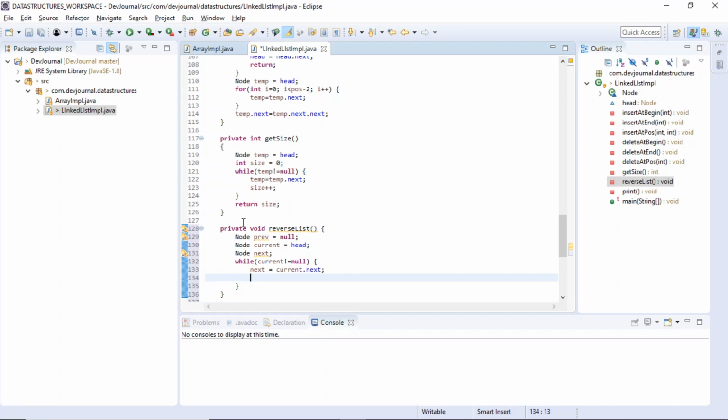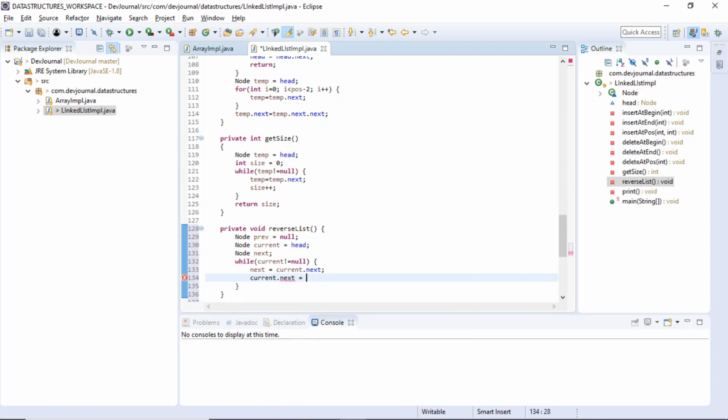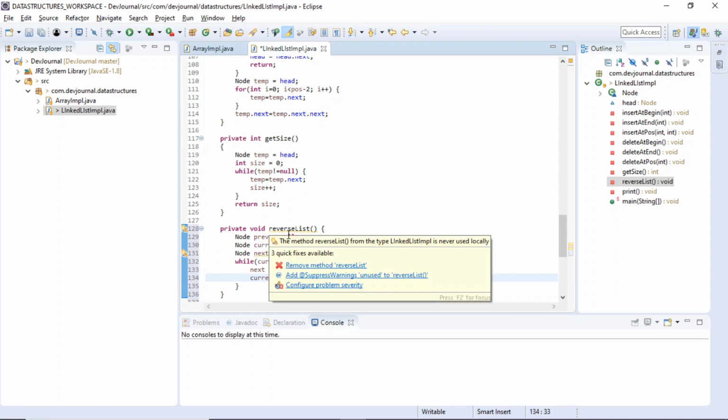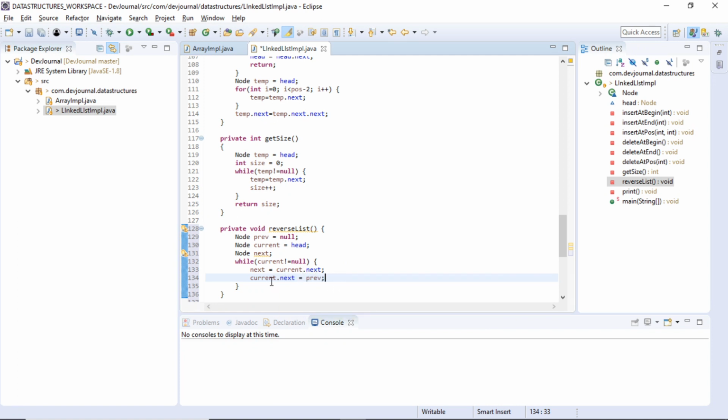The next element to the current is our next, simple. And now what should be the current dot next? Now we are reversing the linked list as current dot next equals to previous. Initially previous is null, so for the first element current dot next would be equal to null.